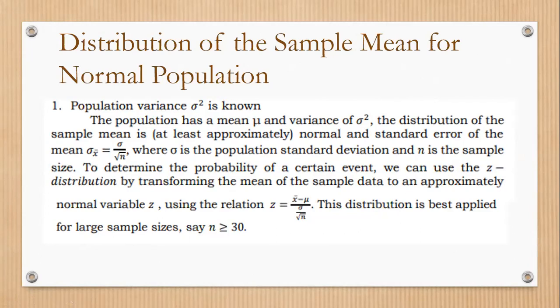Okay? And to determine the probability of a certain event, we can use the Z distribution, yung Z table natin, by transforming the mean of the sample data to an approximately normal variable Z using the relation. Ito yon. So, kung matatandaan niyo ito yung formula natin. Ano po? And this can be applied if we have n greater than or equal to 30. Pag less than 30 po, we cannot apply this distribution. Okay? And secondly,